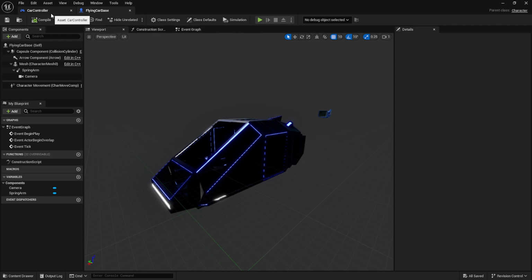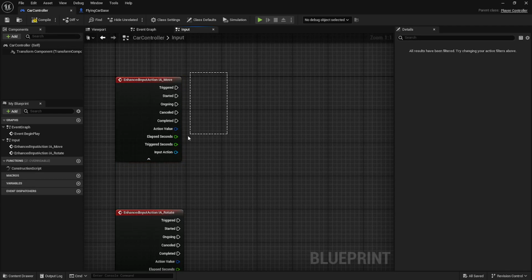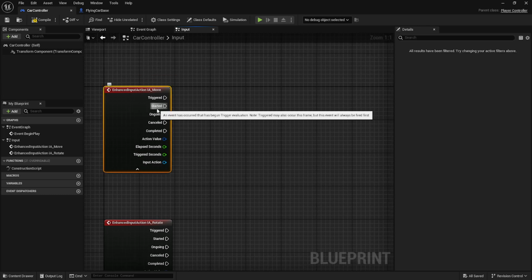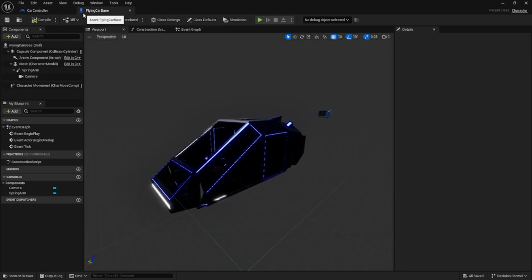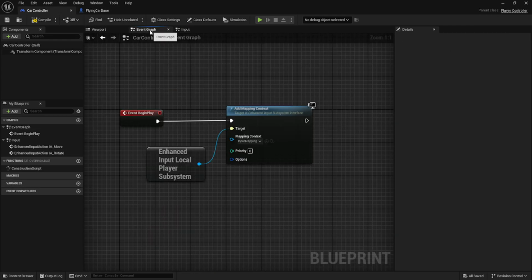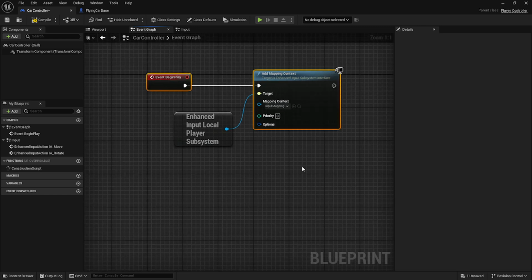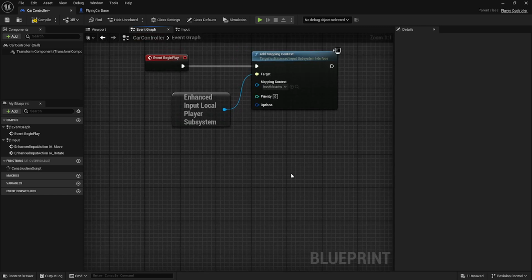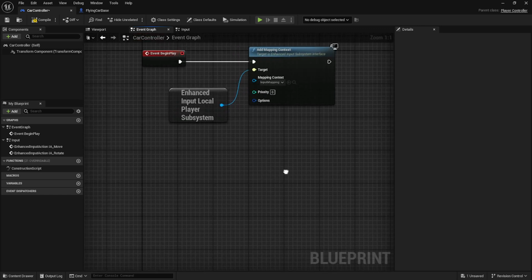So let's just have it call things on the car, right? So this is what we'll do: we'll implement in our player controller here, and we'll pass everything on to the car directly. And the way that we do this, there's a little fun trick for just getting the character